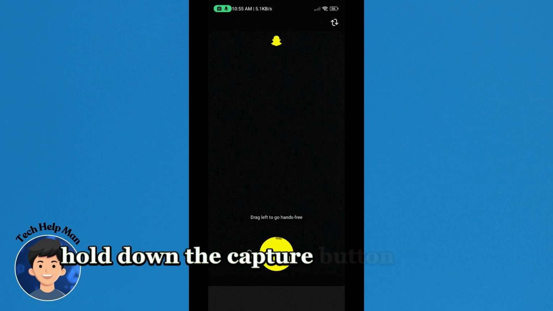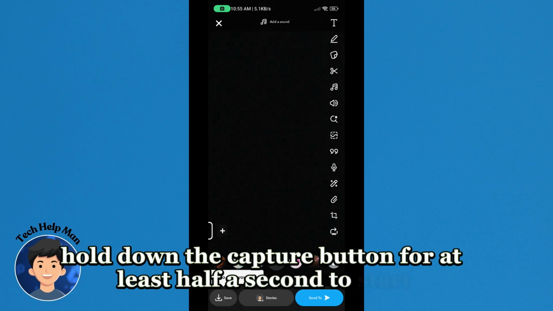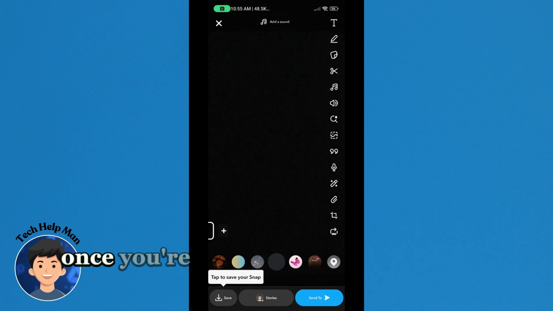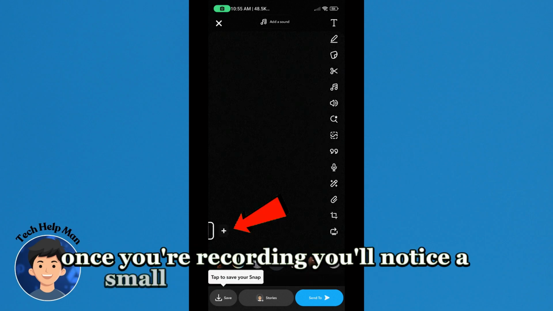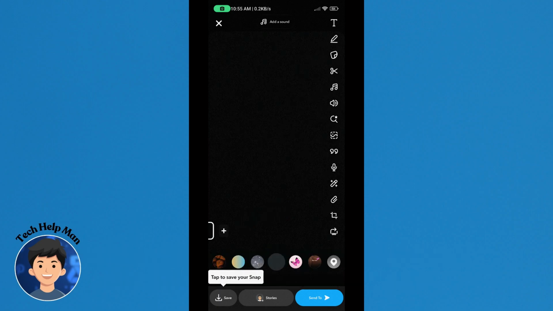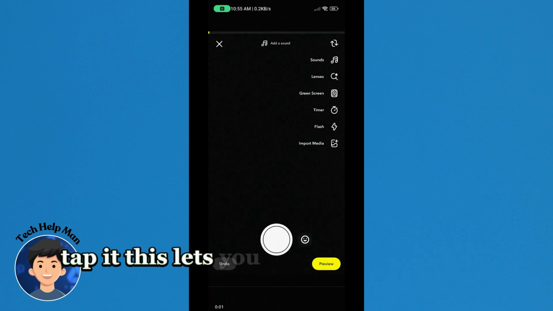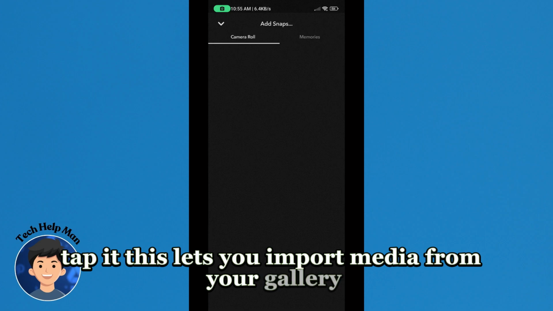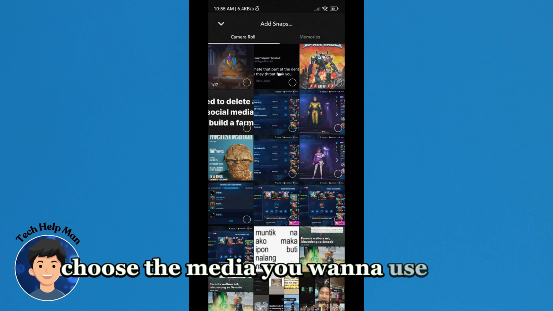Hold down the capture button for at least half a second to start recording. Once you're recording, you'll notice a small plus icon on the screen. Tap it. This lets you import media from your gallery, choose the media you want to use, and once it's